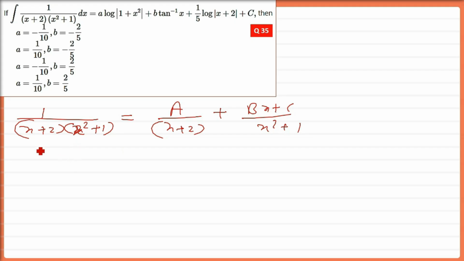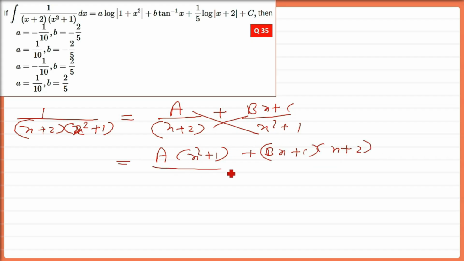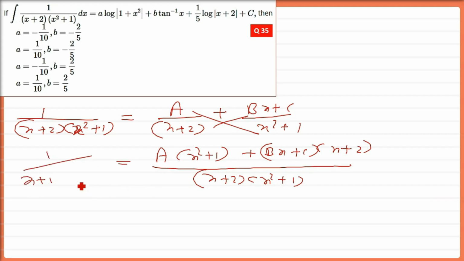Now if you know how to do this, just skip this part. A multiplied by x square plus 1 will be done first. Then Bx plus C will be multiplied by x plus 2. The denominator will come as (x plus 2)(x square plus 1), and on the left you have 1 by (x plus 2)(x square plus 1). Now you can just cancel these denominators because we don't need them anymore. It gets cancelled out, and 1 will be equal to